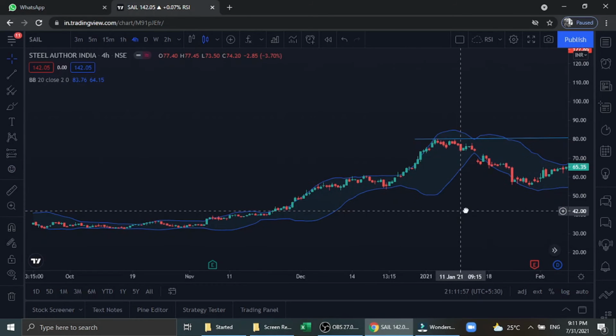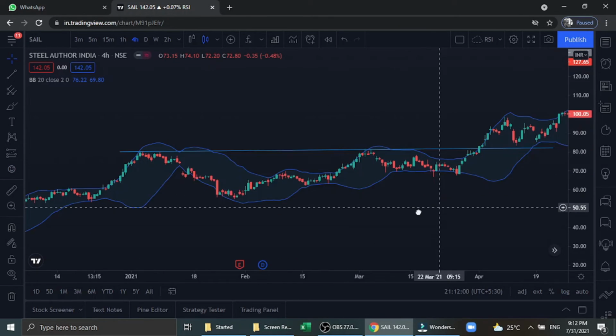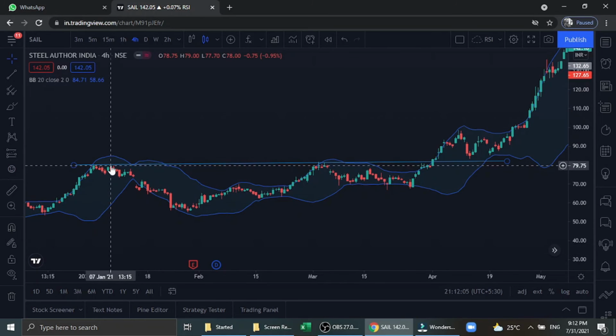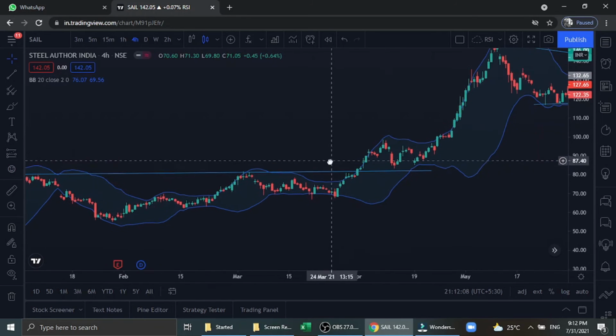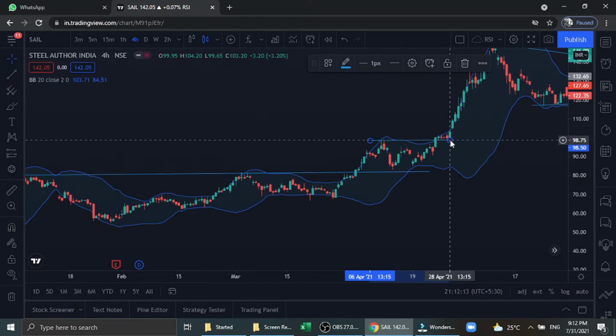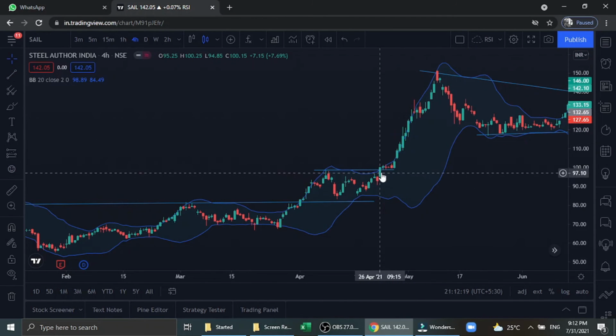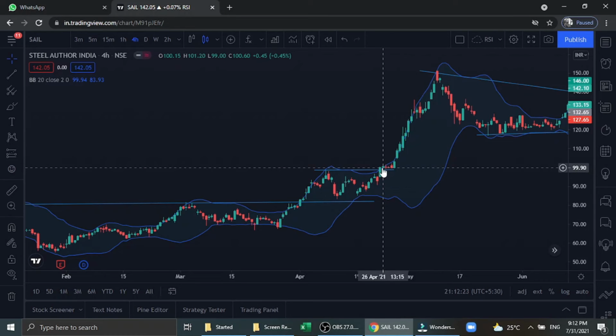And the best method of using this Bollinger Band is not alone. Whenever there is any pattern, it can be chart pattern or just breaking up the resistance. For example, it has only resistance here, not a pattern, but still the momentum is about to start as per the Bollinger Band. Then we can trust that the combination of the breakout of the resistance plus the Bollinger Band starting point will give the best results. That is the reason why I use Bollinger Band support when there is any breakout. So the combination of breakout plus Bollinger Band will give you the best results.